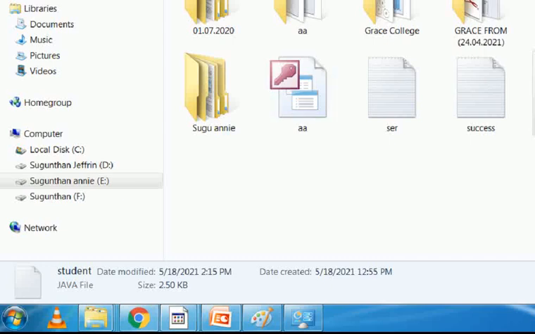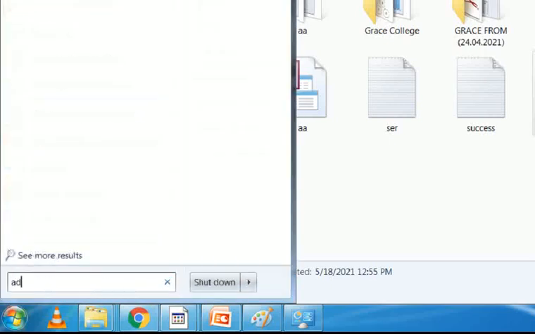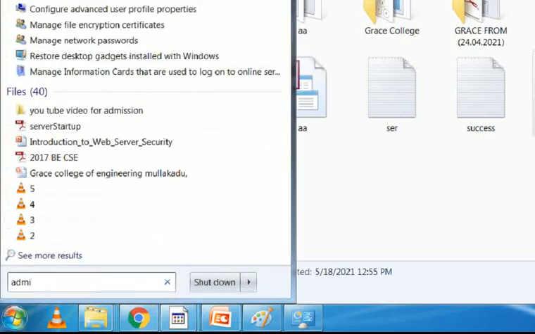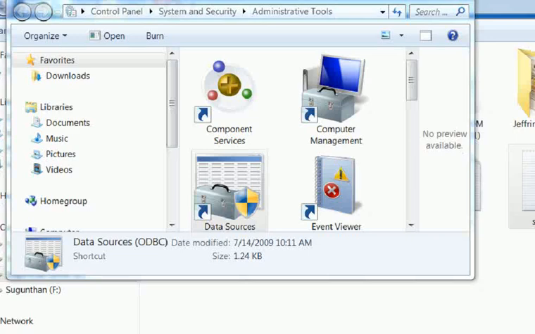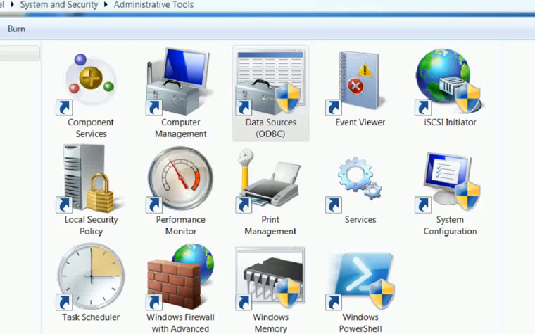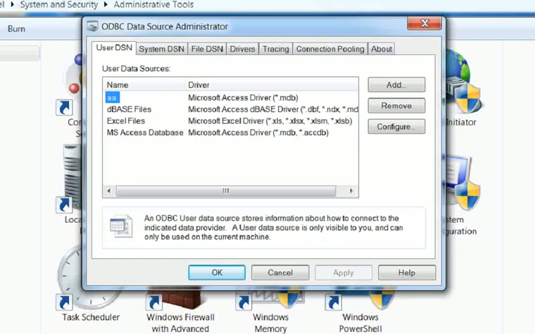We want to connect. Okay, for connection click Start, type administration tool. This is the administration tool. Inside that administrative tool click the ODBC, that is the data source. Double click, this window will come.